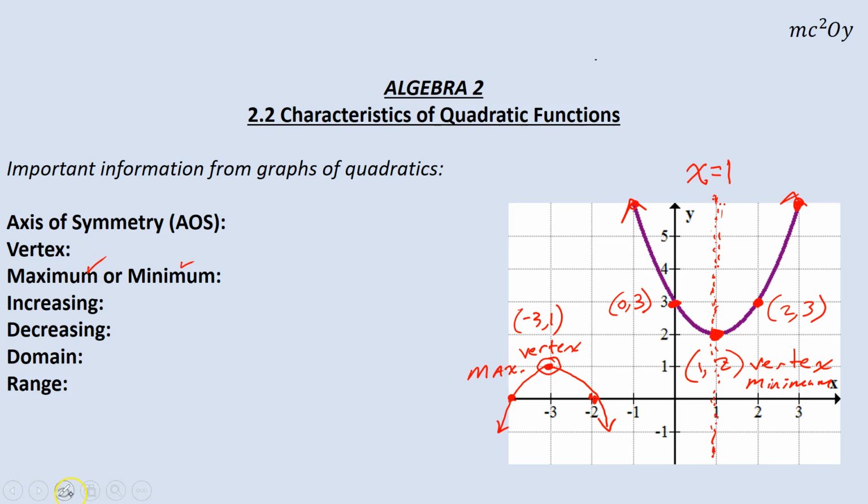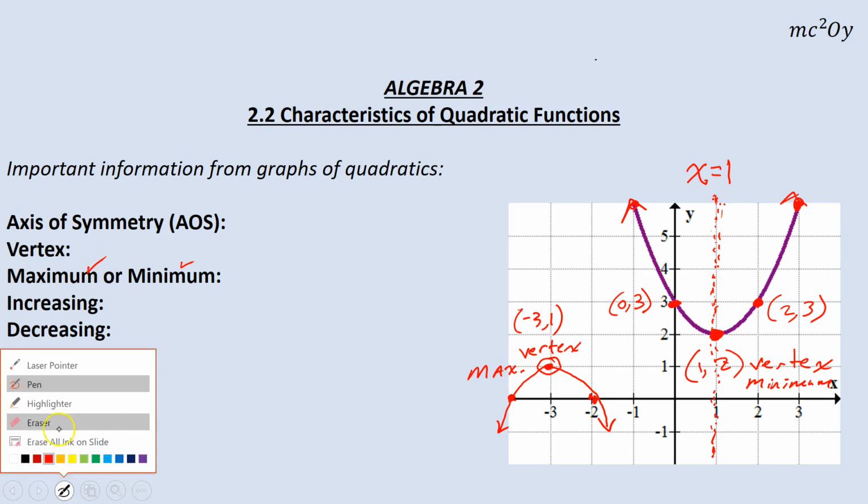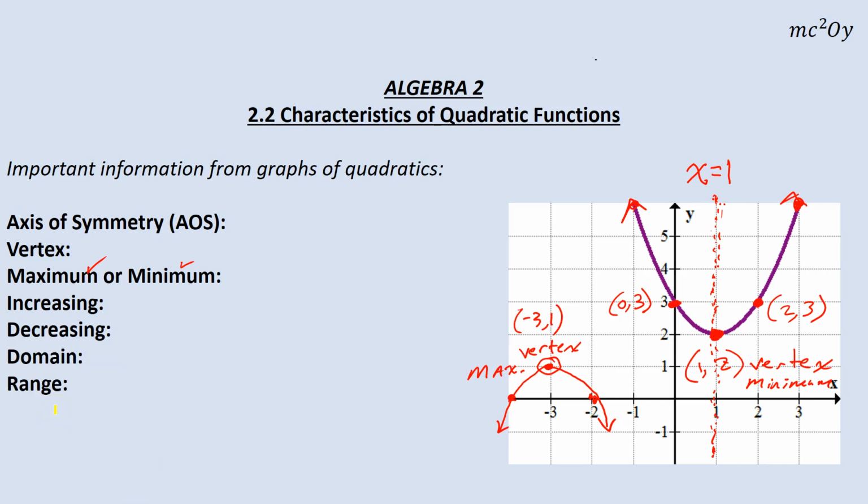All right, so a little information about increasing and decreasing. We will talk about when our graph increases and decreases, and use this in calculus a lot more. But if you think of a graph, reading it from left to right. So always read your graph from left to right. So I'm starting at the far left point on this original graph and moving to the right, just kind of like reading a book. Okay, if I pick my graph from the left and start reading it to the right, you'll notice I am sliding downward, or I am decreasing. Okay, so my graph is decreasing on this side